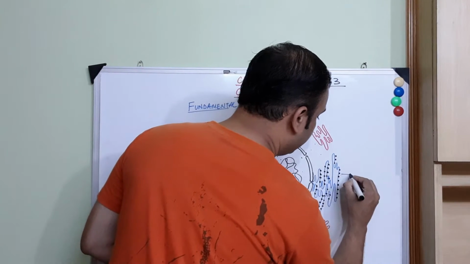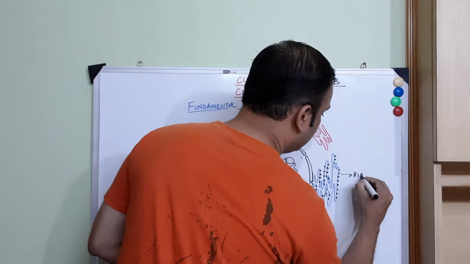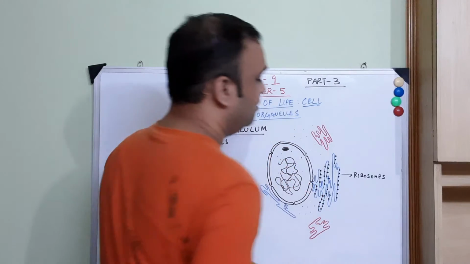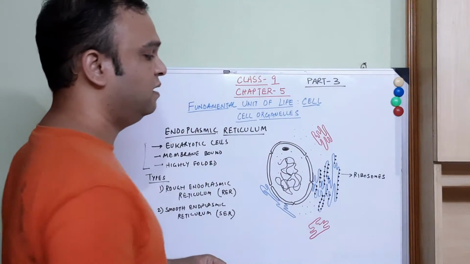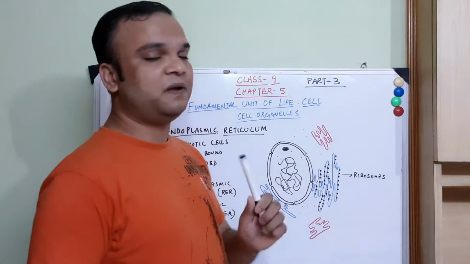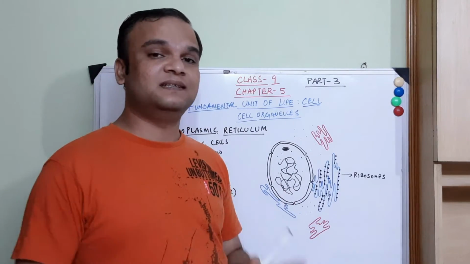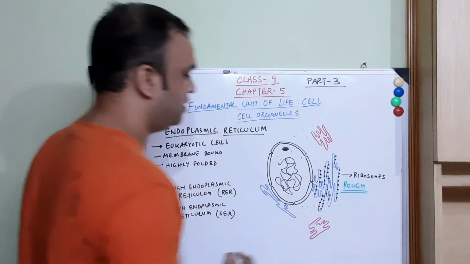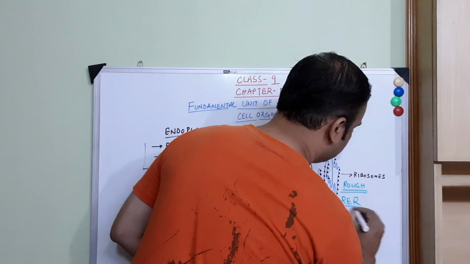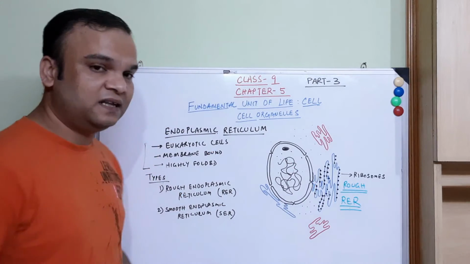These are ribosomes. Yes students, they are extremely important structures. Though they are not membrane bound, still they are extremely important because ribosomes play an important role in protein synthesis, right? This particular endoplasmic reticulum is called rough endoplasmic reticulum,